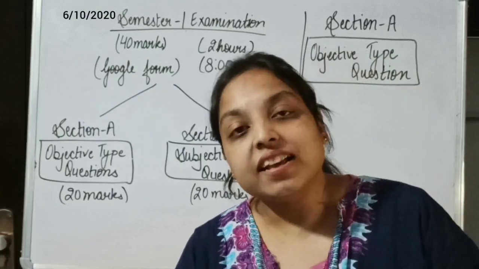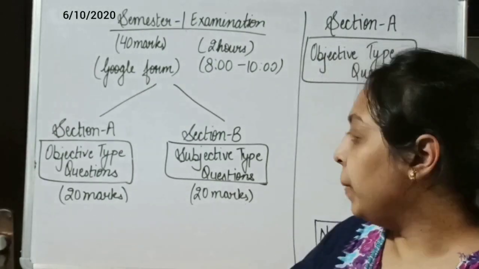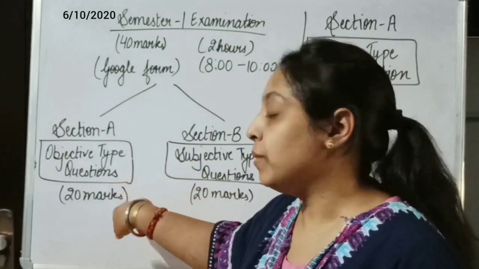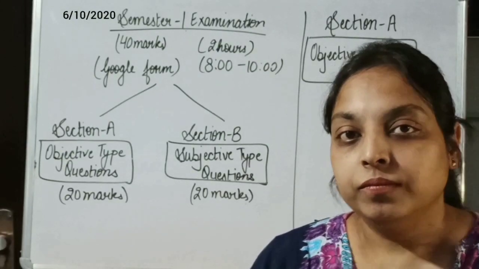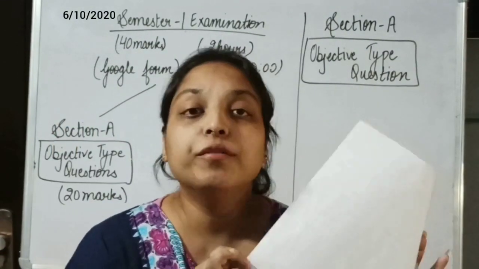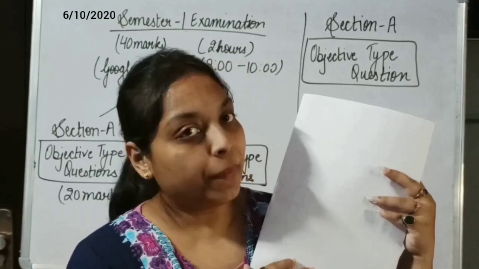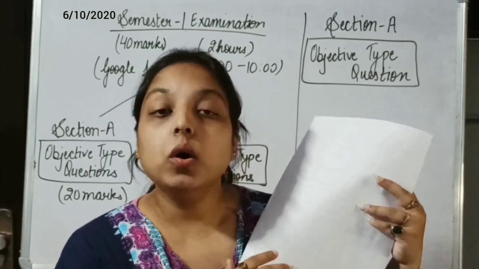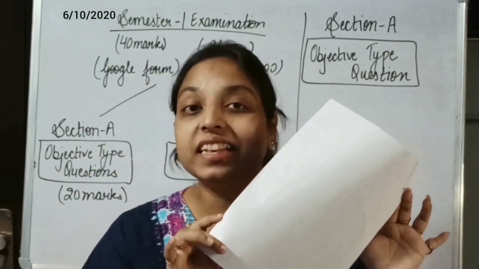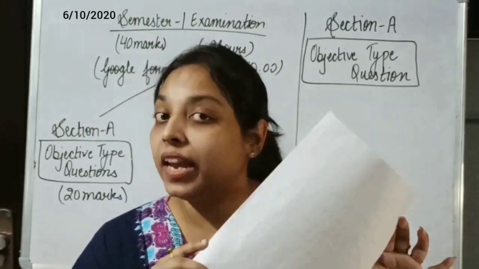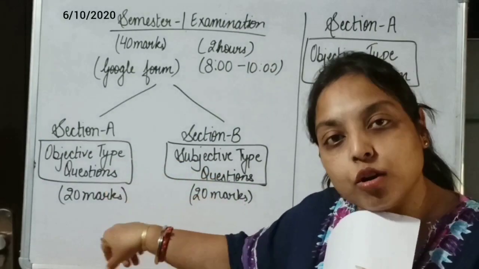Why? Because, as the teacher has told you, this time you need to make a hard copy of section A objective type questions. So what will you do for it? For making the hard copy, you will use an A4 size sheet. It can be plain or ruled, depends on you. So now the question is, what and how will you write on this sheet for making the hard copy of section A?